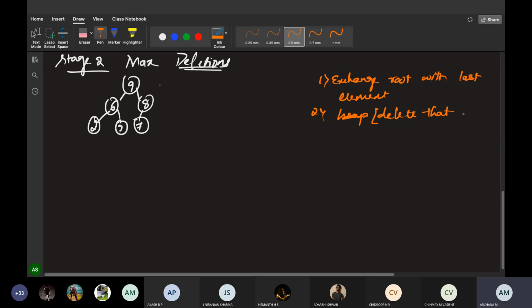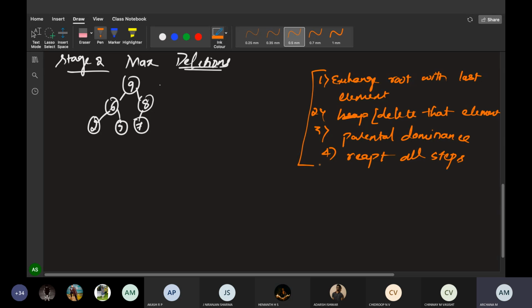Delete that element. Then finally check the parental dominance. Then finally, fourth step is repeat all. These are the important steps for deletion.